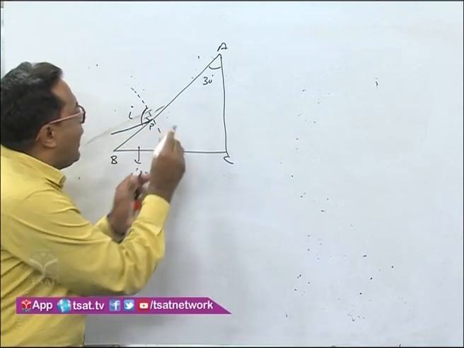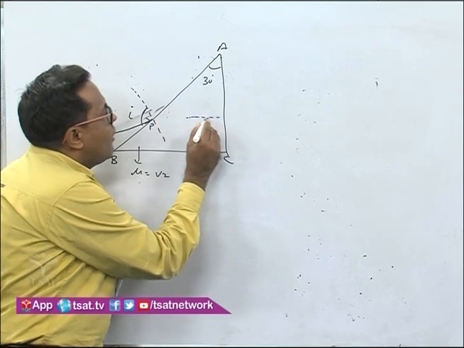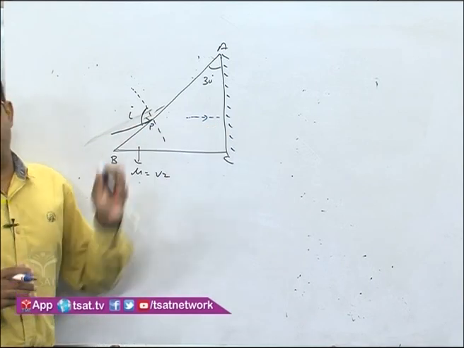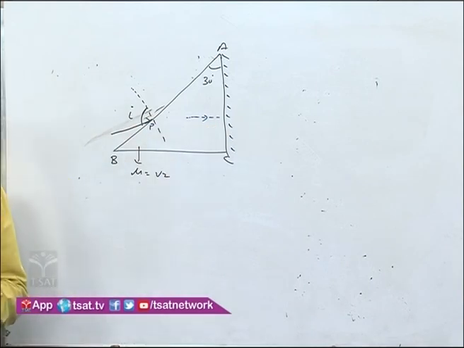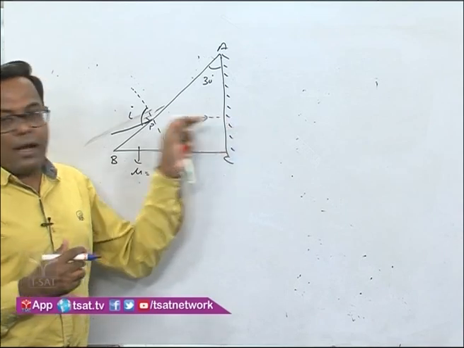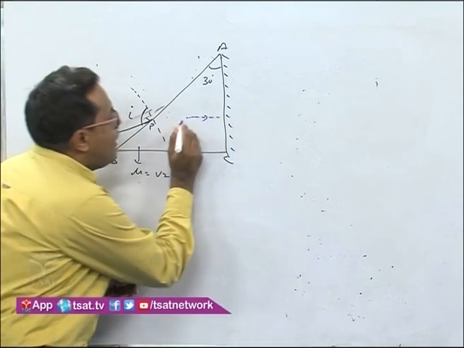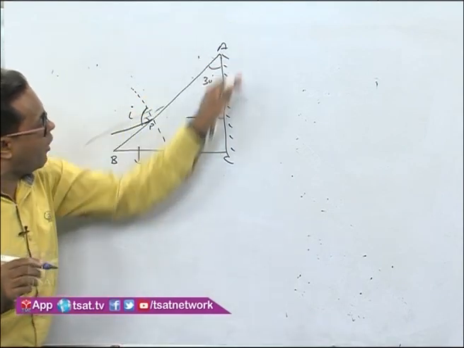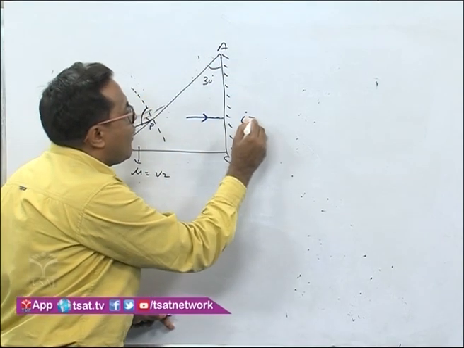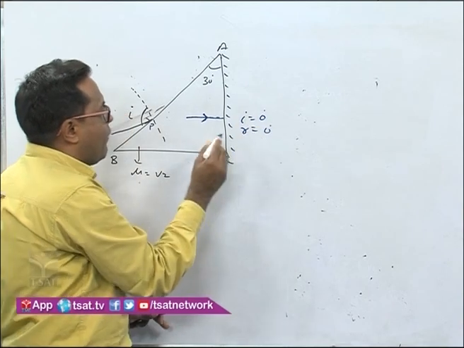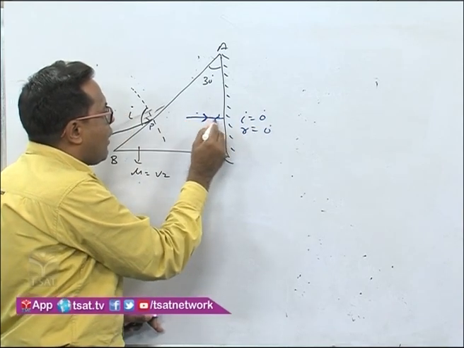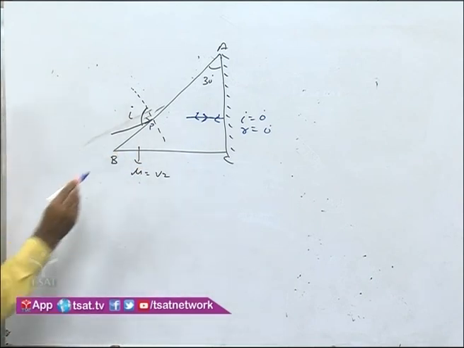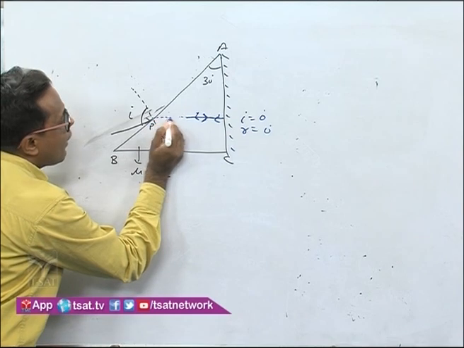Now listen very carefully. After refraction from this surface P, when it is reflecting from the silvered end AC, it should retrace its path. What is the condition when the ray will retrace its path? When it is a normal incidence, means when the ray of light is incident normally on the surface AC, the angle of incidence should be equal to 0, and therefore the angle of reflection will also be equal to 0, and the ray will retrace its path, something like this.